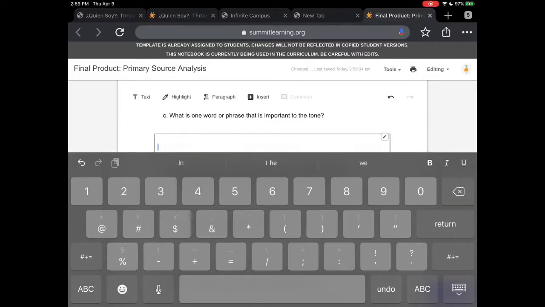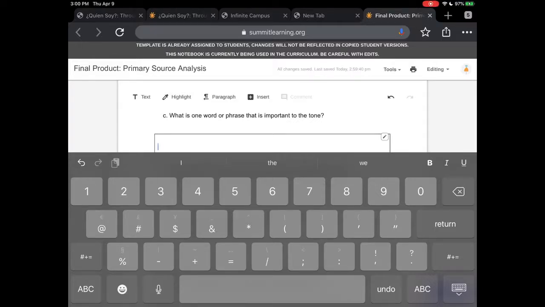So I know we've talked about this in English, but it's worth having a review about what is tone. So in this writing, what you need to figure out when you're looking at this idea of tone is how the author feels about what they are writing. It's not what you're seeing from the writing itself, it is the author's feeling about the writing. And when I say feeling, I'm looking for that emotional attachment to that feeling.